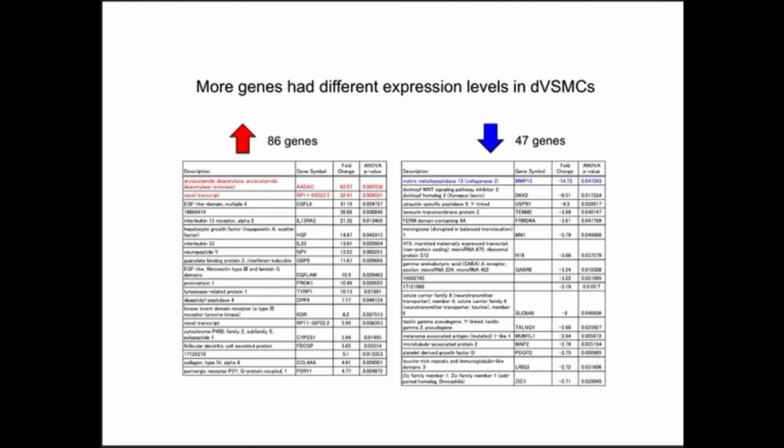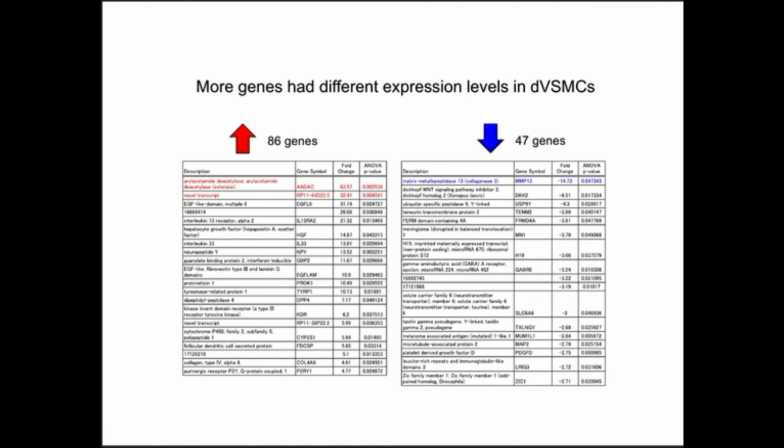And interestingly, some of the things we saw were already associated with heart disease. My favorite one here, down-regulated to the greatest extent, was matrix metalloprotease 13. This MMP13 has already been established by people at the Brigham and Women's to be involved, when it's expressed at high levels, with a risk for coronary artery disease. Reducing it in mouse models is shown to protect against it. So we already found that as one of the things you'd be interested in.